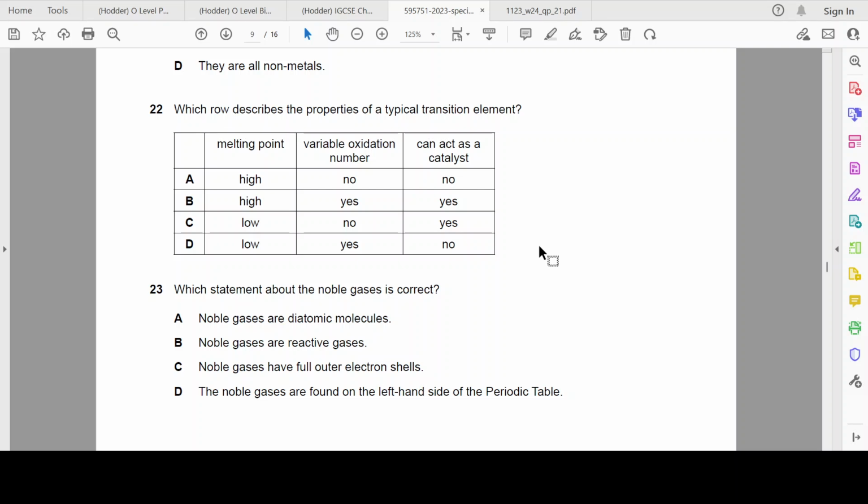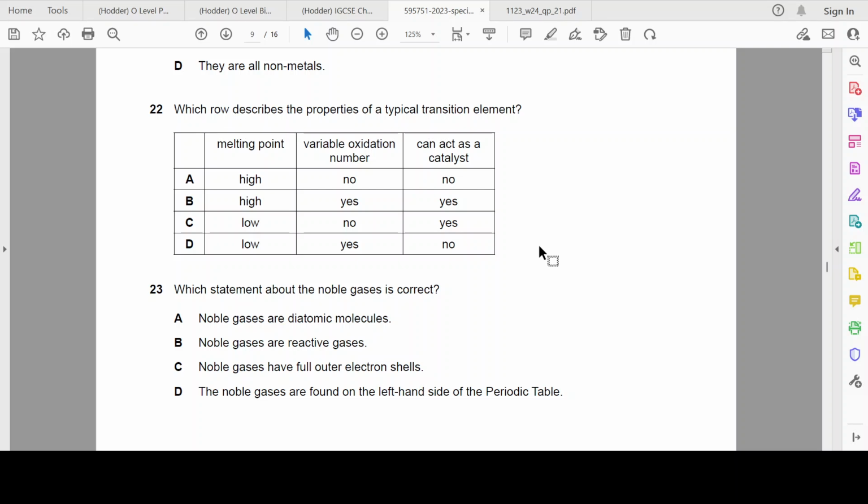They cannot act as a catalyst because, if I'm taking the example of iron, it's a typical transition element. Then it would be C. So we are saying C. Okay, so yours would be incorrect. So Haram's is correct because transition metals have higher melting points,